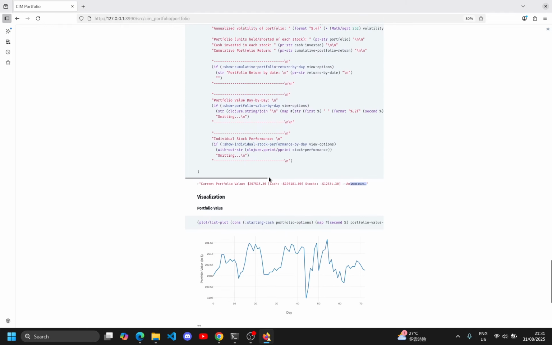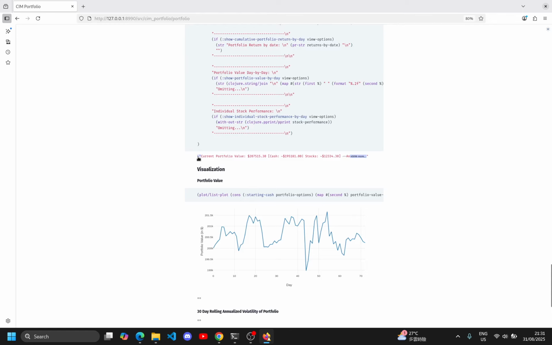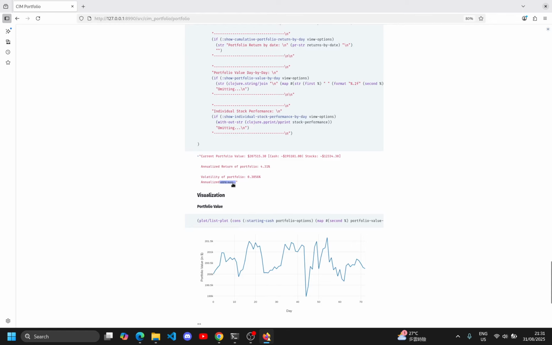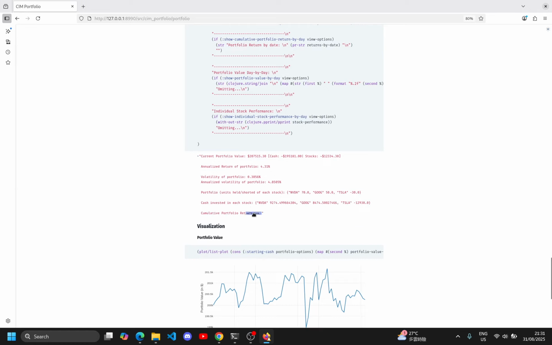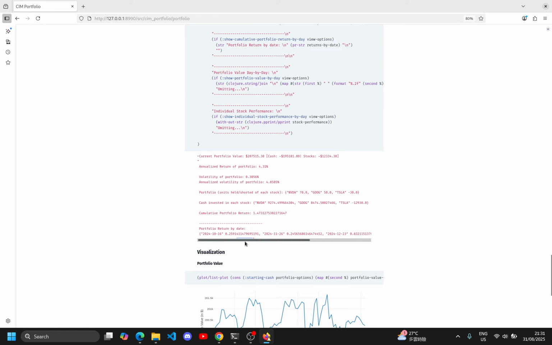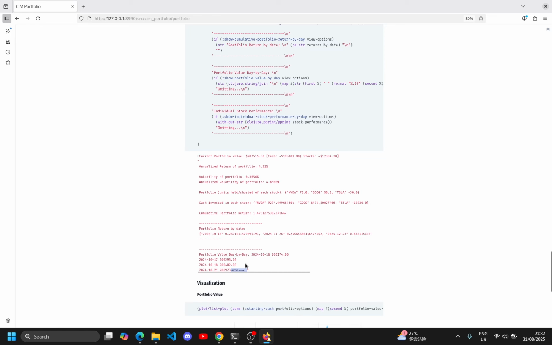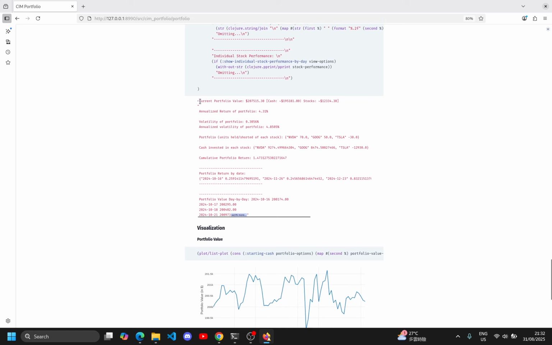And so down here, if you expand this, and let me just keep on expanding it because I want to see the whole thing. Right, I'll just expand this much. So here you can see the performance of your portfolio to date. Here you can see your current portfolio value, how much cash you have, how much value your stocks have,